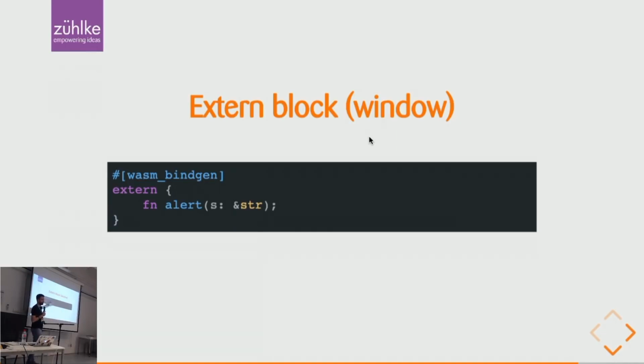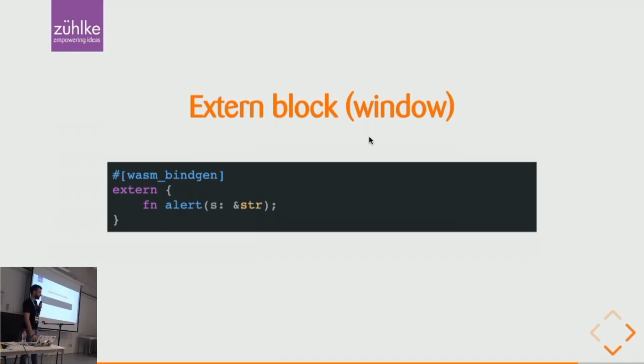So when we don't say anything, wasm-bindgen will go to the global scope window and will search for that function. So this will inject window.alert. So now we have the window alert function passed into it. We don't need to do anything on the JavaScript side, since this will all be done in our bindings.js that will be generated by our compile step. So the JavaScript is not different. This is a thing that we only have to do on the Rust side,